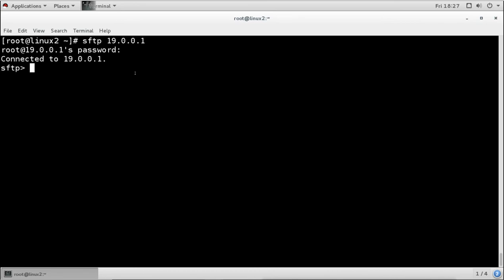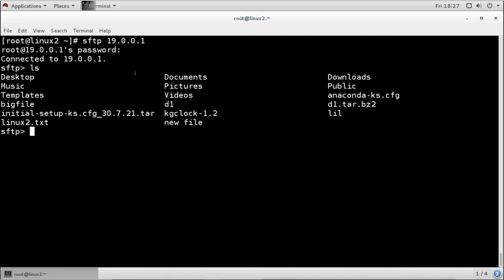Remember, we have blocked the root user from accessing the FTP server, but it is still accessing with this SFTP command, because this command uses the SSH tunnel to secure the communication. So now we can log in with the FTP user, and we can also use all the other commands the same as FTP.